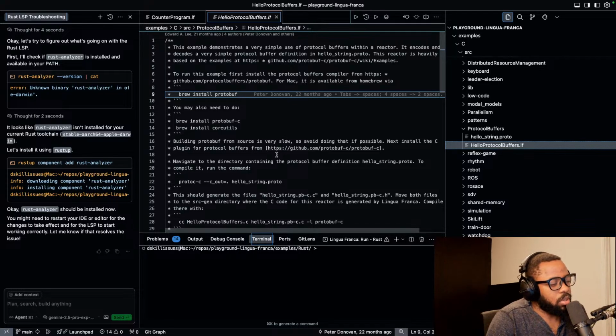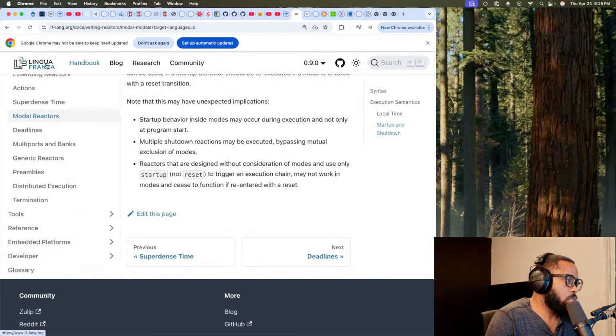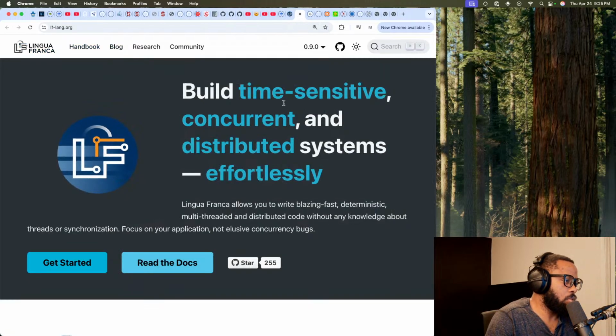I guess it depends also on how the actual runtime is being implemented. But I think one of the reasons why it stuck with me, even from the first moment that I became aware of it, was the fact that their stated goal is that they want a deterministic runtime.